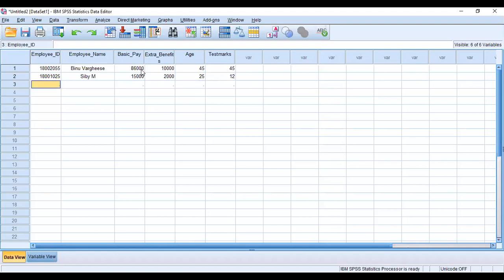Next employee ID 18003046. The name of the respondent is Mini Hari. Basic pay is 28,000. Extra benefit is 5,000. Age is 34. The test mark is 14.